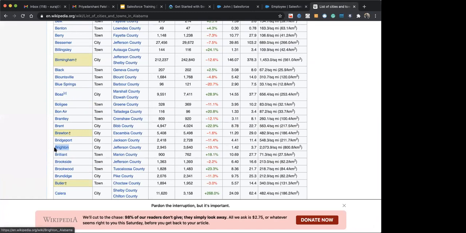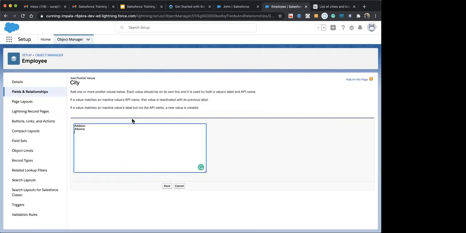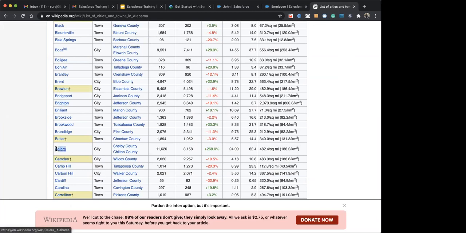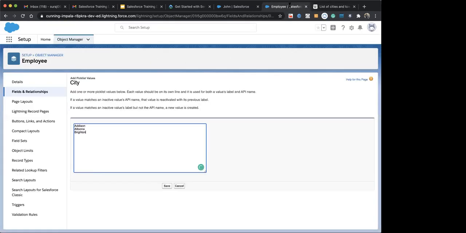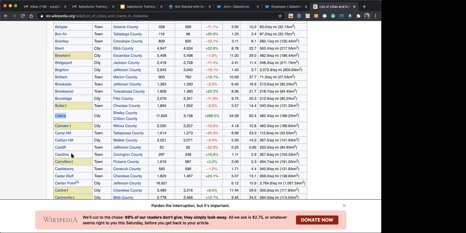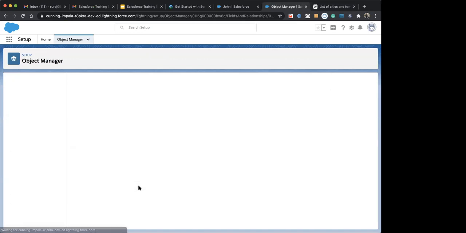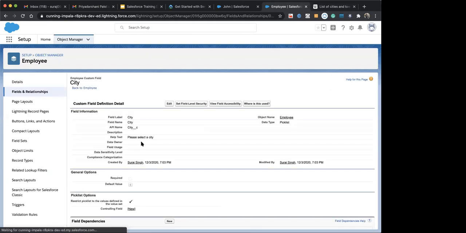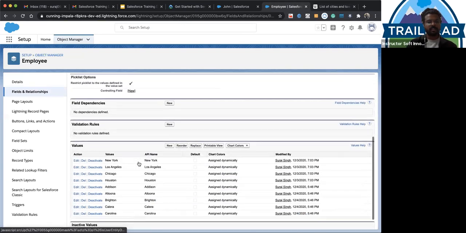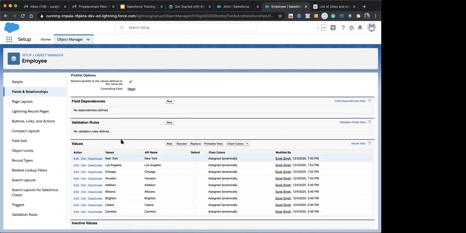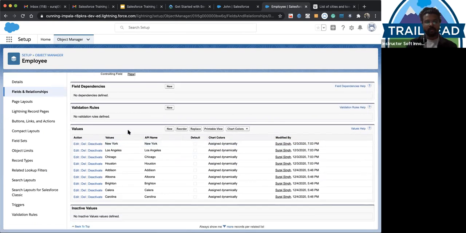Suraj, what happens if we had pick list values already recorded, and some records were picked from that pick list, then somebody decided to remove an entry from the pick list? What happens to those records? Suppose I chose Chicago and then remove Chicago from the pick list values. At that time, it will ask what we need to do.